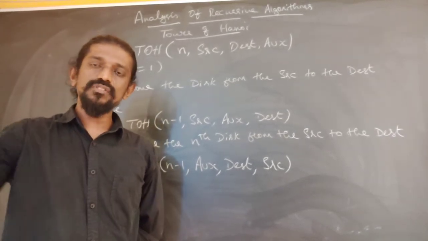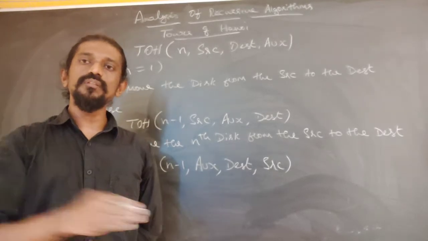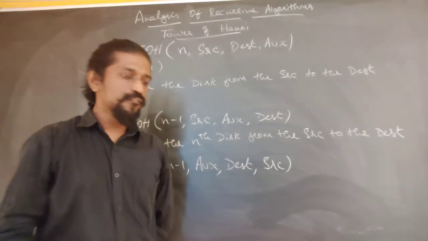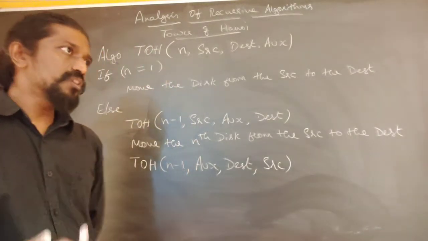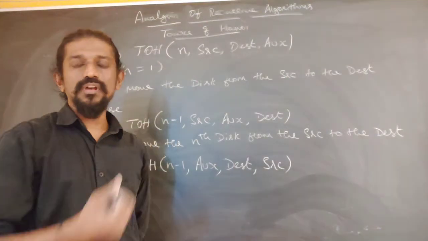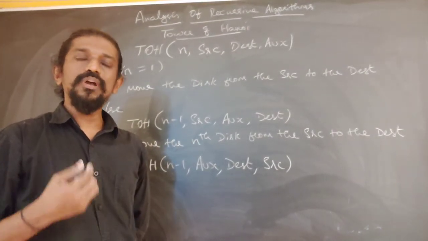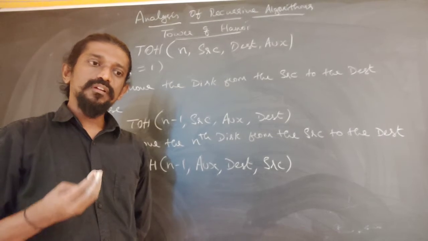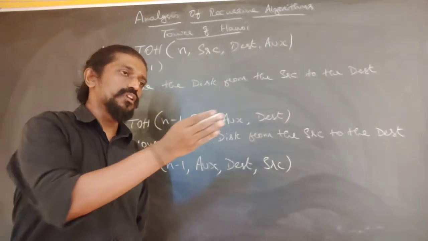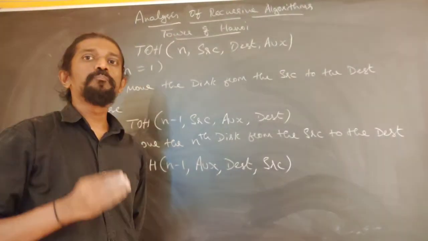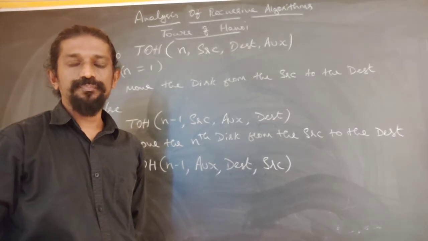As the input increases or decreases, the running time also increases or decreases. Therefore, first we need to estimate what is the input size of this particular algorithm. The second step is for us to find out one key operation which is taking us incrementally towards the solution, which we call the basic operation or the key operation.